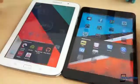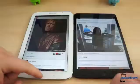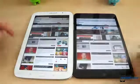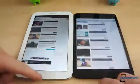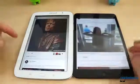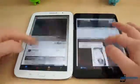Sure, the homepage has been updated to hold more icons and folders, and the settings application is better optimized for extra real estate. Other than that, there is nothing truly compelling or unique about how the iPad mini operates. There is no true multitasking, no additional features aside from the display size that make it any different from using